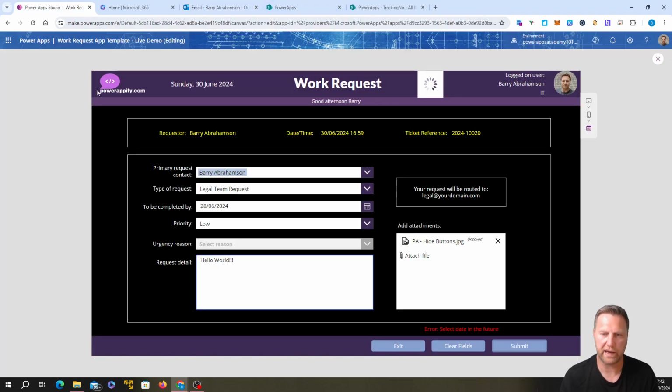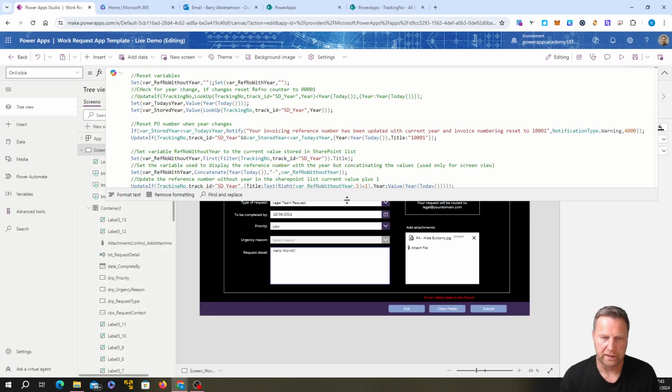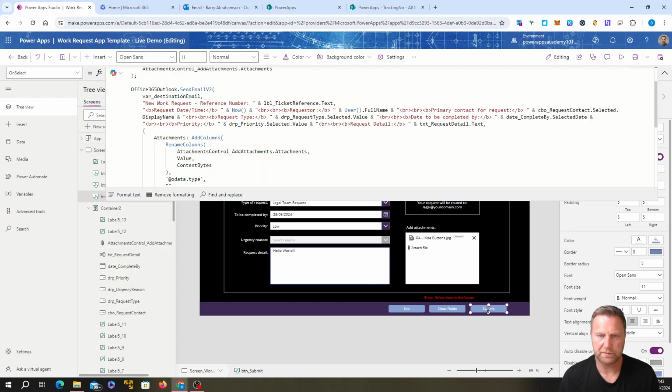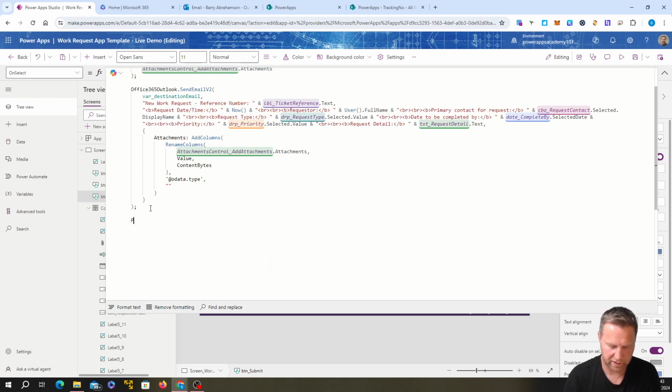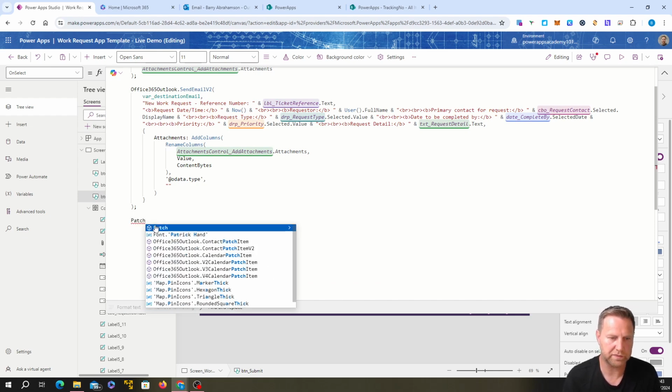Now we need to go back, and we also want to add in... You can see the spinner hasn't closed because we haven't finished our code, so I'm just going to carry on spinning. Okay, so we're going back onto the submit button, and we also want to write everything into SharePoint as well. Okay, so to do that, we're going to use the patch command,